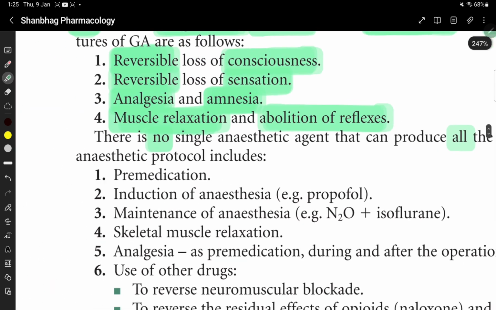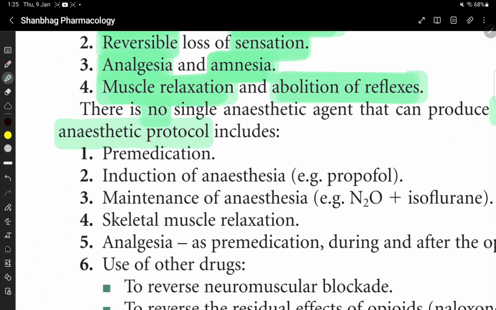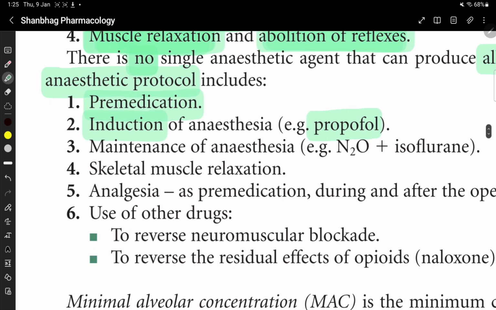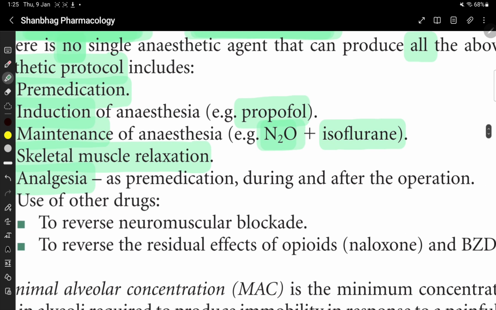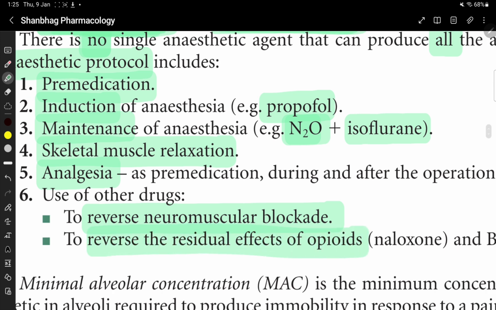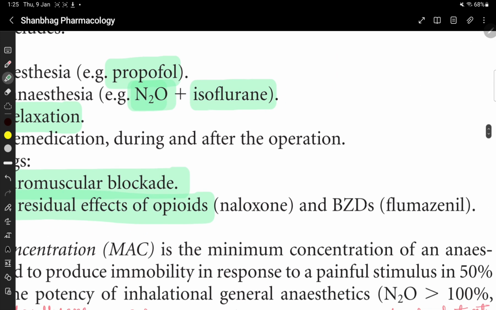And that's why anesthetic protocol includes pre-medication, induction of anesthesia, for example propofol, an inducing agent, then maintenance of anesthesia, N2O plus isoflurane, skeletal muscle relaxation, analgesia as pre-medication during and after the operation, then use of other drugs to reverse neuromuscular blockade and to reverse the residual effects of opioids like naloxone and benzodiazepine, example